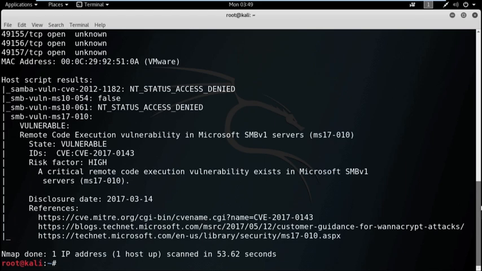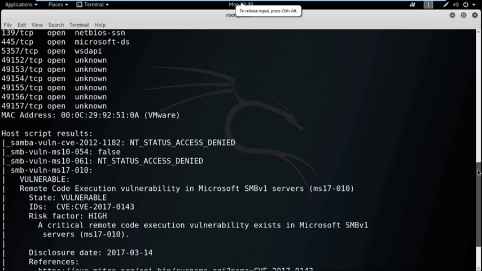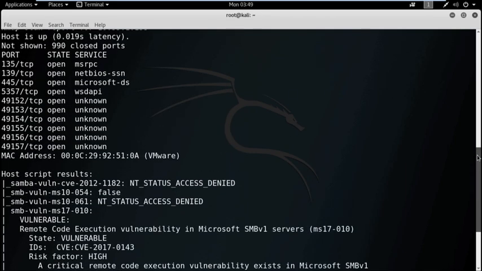Okay, we got the result. It's showing the ports: 135 TCP port is open, 139 TCP port open, and port 445, 5357, 49152, 49153, 49154, 49155, 49156 and 49157 TCP ports are open, and it's showing